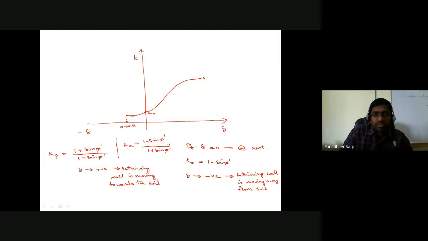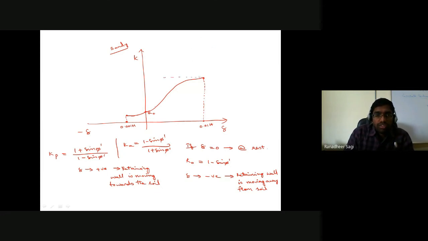And in the case of passive state, we said the maximum amount of displacement that we can have just before the verge of failure in that retaining wall is 0.01 H. Let's say this plot is for the case of a sandy soil deposit. In the case of a clay soil deposit, the displacement in the retaining wall just before failure in the active state is going to be maximally 0.02 H, and in the passive state for clay soil deposit, it was 0.05 H. So that's what you have to clearly understand from what we have discussed.